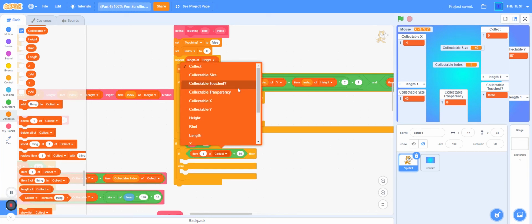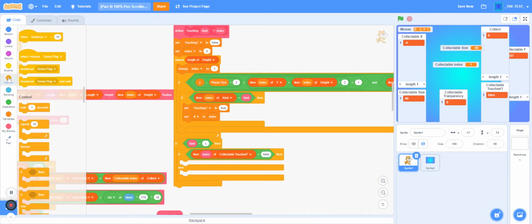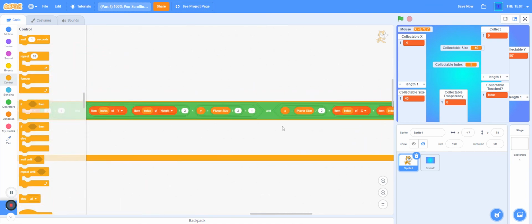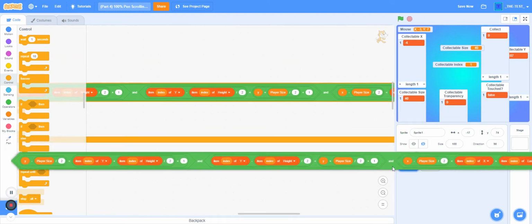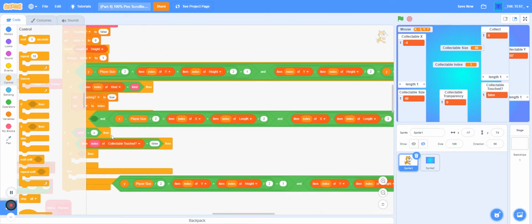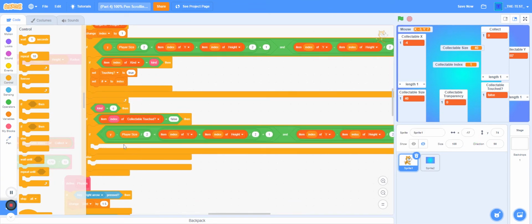Grab item of collectible touched, item index is equal to false, and then inside of there say if, and here you can duplicate this statement up here and drag it in. That it's kind of hard, but and then now what we need to do is, so that's the same, and